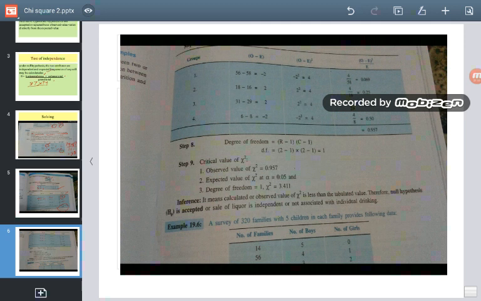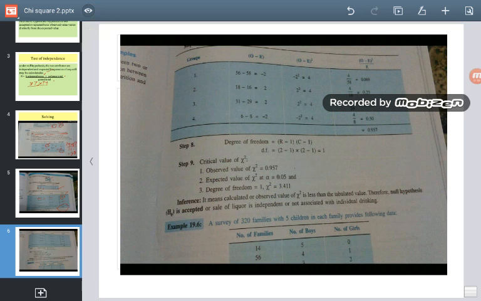According to that table, if the degree of freedom is 2, then you have to match it with 0.05 significance, and it will give around 5.9. Similarly, for degree of freedom 3 it is 7.82, and so on. So here at significance level 0.05, the chi-square value is 3.41. We know that the calculated value of chi-square, that is 0.957, is less than 3.411.